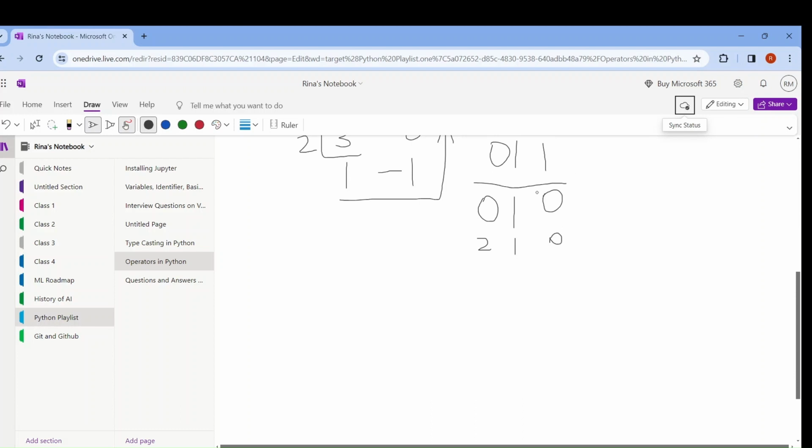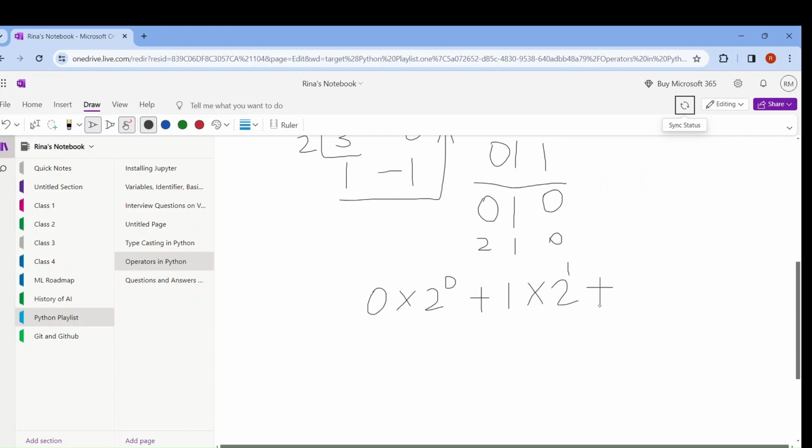We have to take the first value, that is 0, and multiply it with 2 to the power of the position of the number, that is 0, plus the second value is 1, so 1 into 2 to the power of position 1,